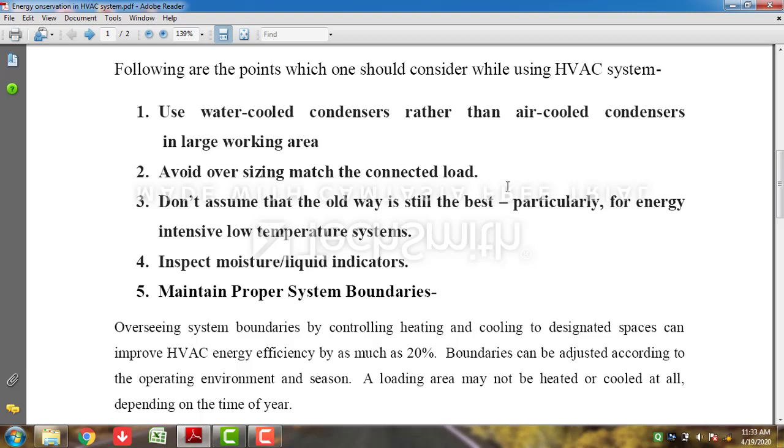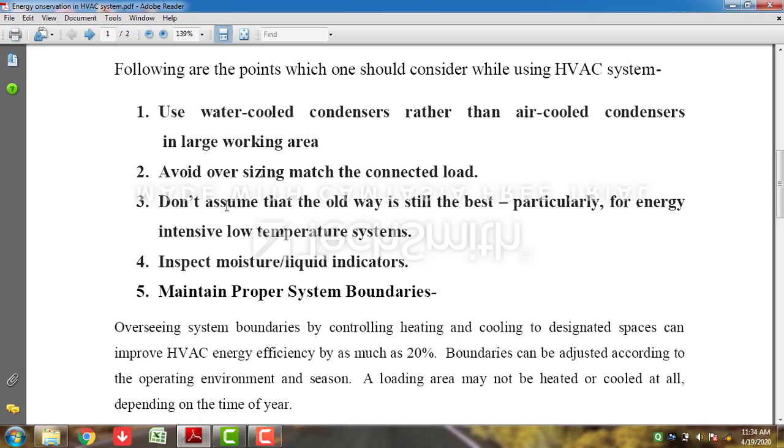But the most important thing is what? If you are installing a low rated or low size air conditioner for a specific application, it will require more energy to perform the air conditioning, right? If a 1 ton AC is able to cool the whole room within half an hour, a 0.75 ton AC will take more than 1 hour, and definitely for this duration the compressor will be continuously working. And if the compressor is working, the electricity consumption will definitely be more.